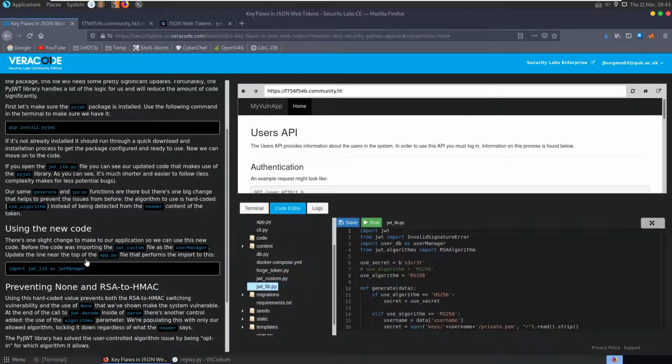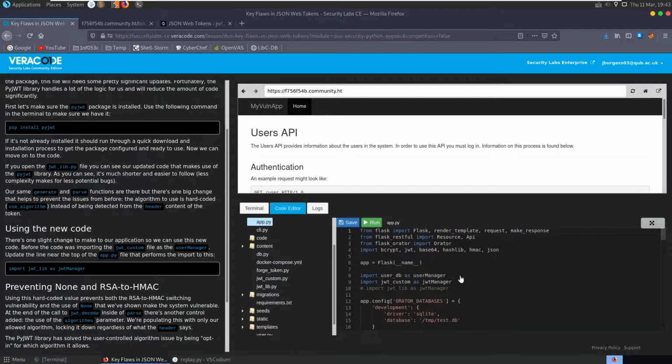Before, the code was importing JWT custom as the user manager. So let's go to the app.py, and right here we have import JWT custom. Instead we're going to say import JWT lib as JWT manager. We save that,